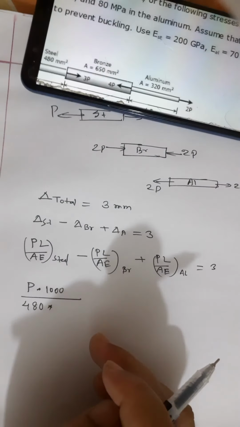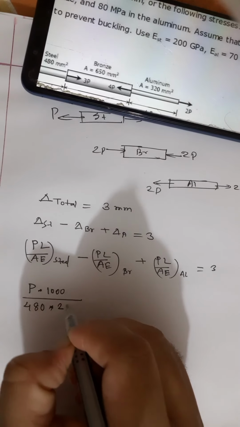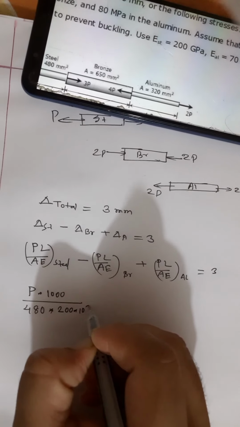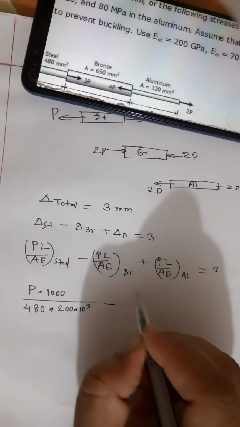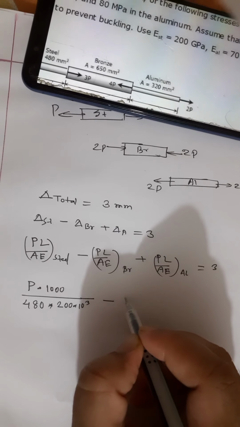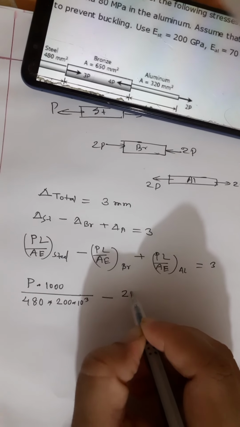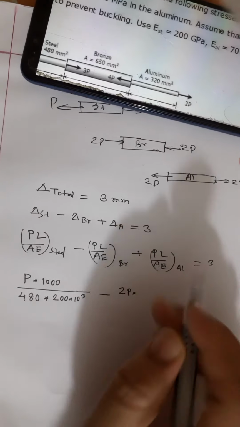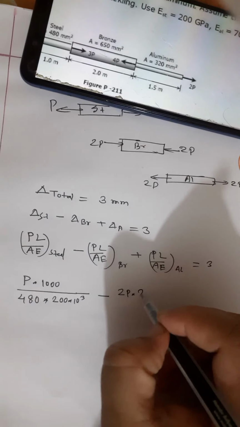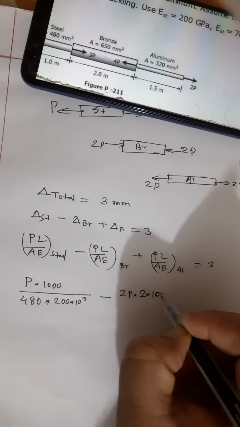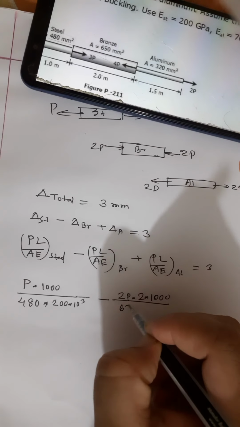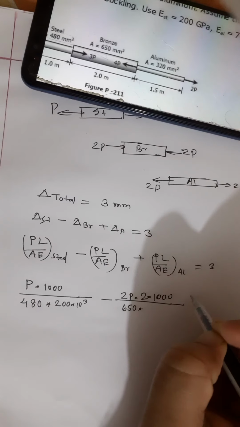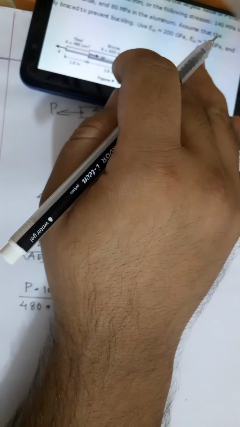So 200 GPa is 200 into 10 to the power 3 megapascal, that is Newton per millimeter square. Then the P value for bronze is 2P, length is 2 meter, that is 2000 millimeter, and cross sectional area is 650 millimeter square into modulus of elasticity for